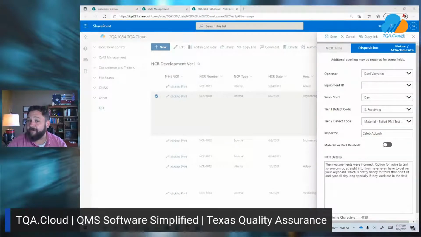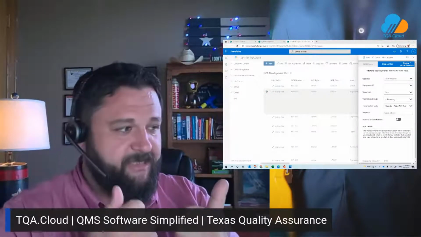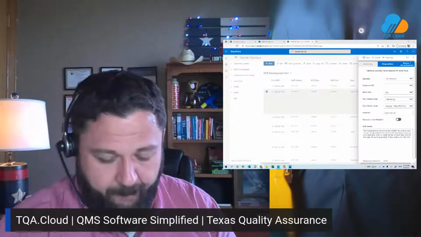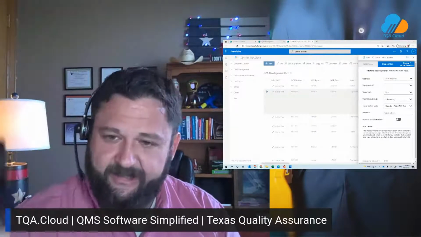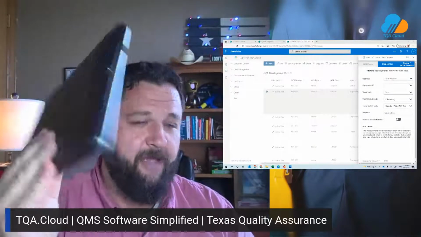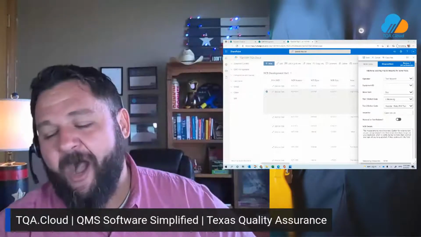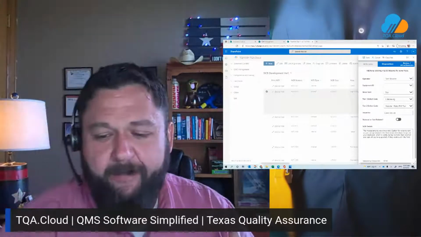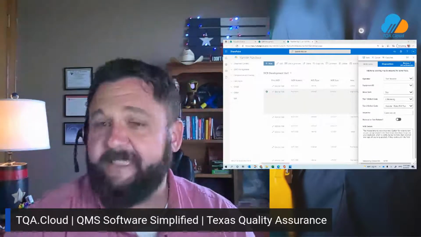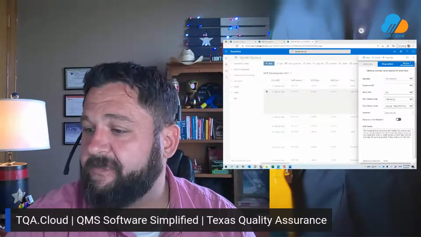Let me show you something else here that's a lot of fun, or at least I think so. If we are working with our non-conformance report, and again, if we're out in the shipping receiving bay, let's face it, walking around with stacks of paper is not the most convenient, but we all have access to these devices. And maybe if not a cell phone, then maybe it's your company-provided iPad. And yes, this is an ancient iPad 2, but hey, it still works. So we have access to all of these smart devices, and it's becoming more and more common in the workplace today. So we can access everything directly from our smart device.